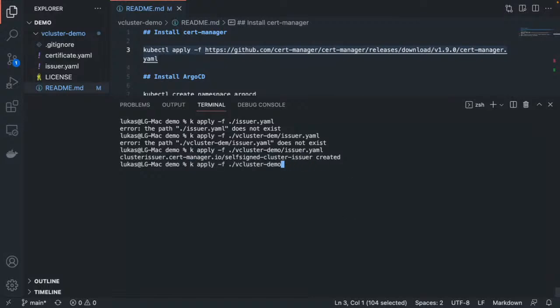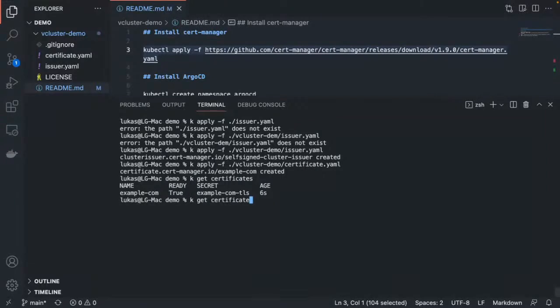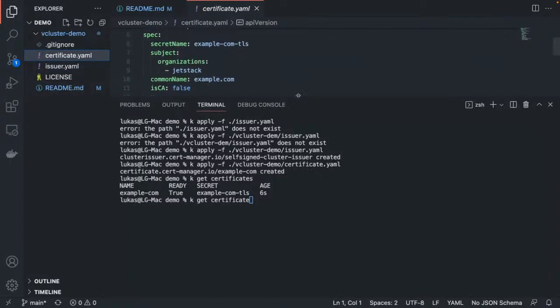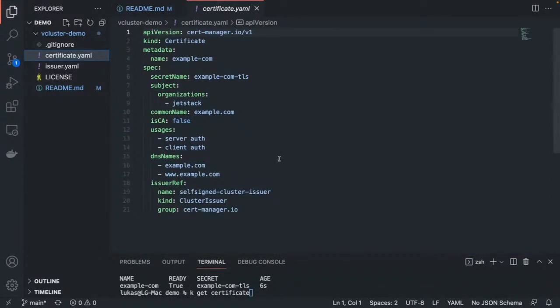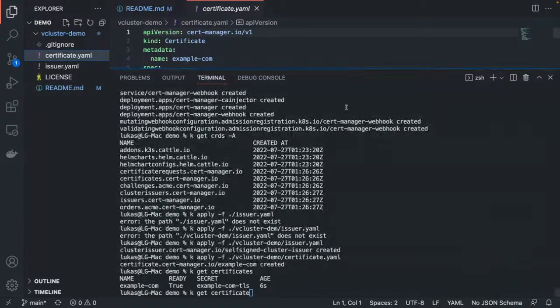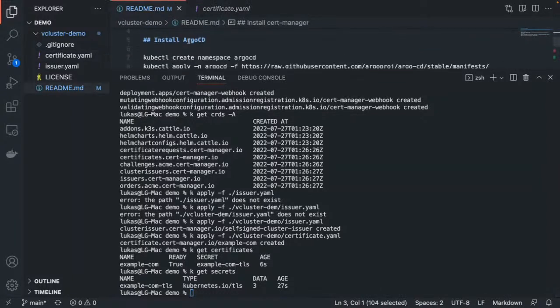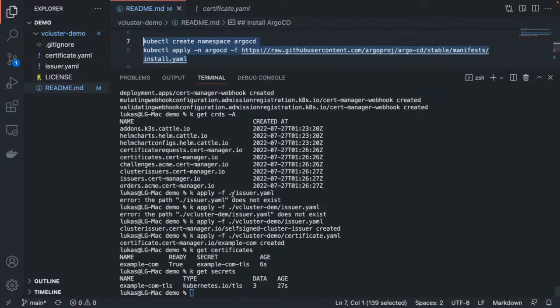We can also create a certificate that belongs to that, just to show that it's really working and not some sort of fake CRDs. And then we can do get certificates. We see this is a self-signed issuer for cert-manager, and it's a certificate that just creates essentially a small self-signed certificate in the cluster. Nothing fancy, just to show that it's working. And you essentially see, hey, there is a secret created out of the certificate inside the cluster. You can even go in there and say, hey, let's do something more fancy. Let's install Argo CD